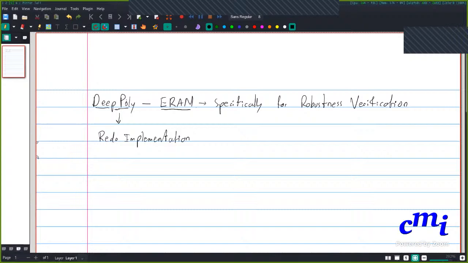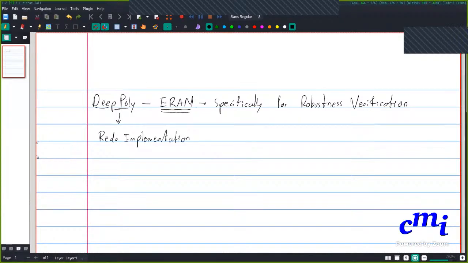We can try various things in the project. Yeah, but for doing number 4, applying deep poly to verify some of the properties, they may have to do some programming. Isn't it? So is that what you mean? Yes, they'll have to re-implement it, because ARAN doesn't have a very good interface for other kinds of properties than robustness properties. Oh, because the properties have to be encoded as part of the thing, huh? Yeah, and ARAN specifically expects robustness properties.